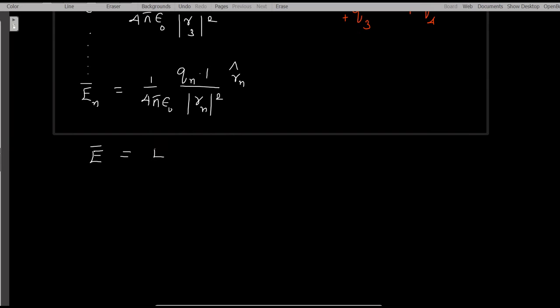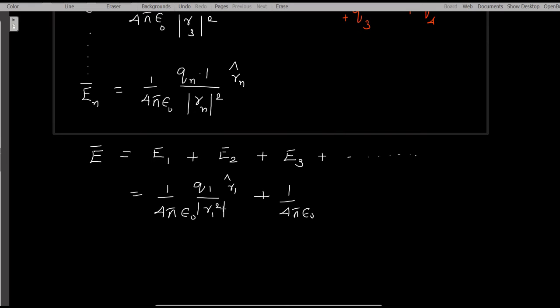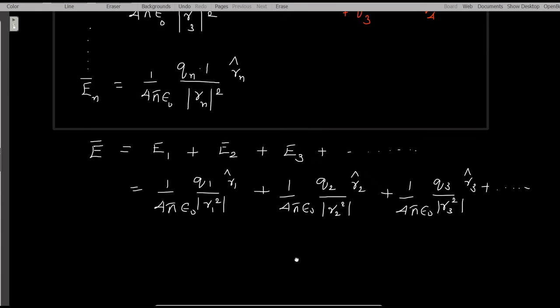So we write it as the vector sum of all these fields, E1 plus E2 plus E3 plus etc., which is equal to 1 by 4 pi epsilon naught q1 by r1 square unit vector r1 plus 1 by 4 pi epsilon naught q2 divided by r2 square into unit vector r2 plus 1 by 4 pi epsilon naught q3 by r3 square unit vector r3 plus etc. up to n number of fields,